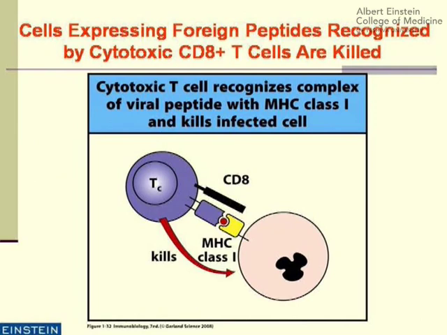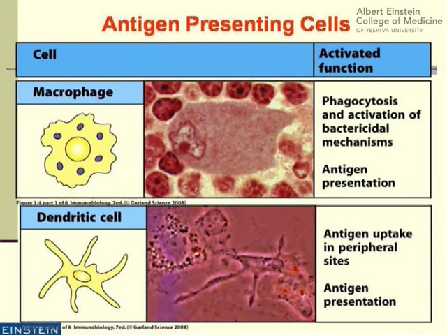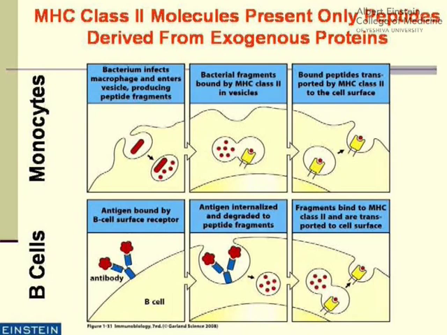And therefore, cells expressing foreign peptide in class 1 MHC, the CD8 cell sees it and kills the cell. But now for CD4, it's going to only be class 2 MHC by antigen-presenting cells, macrophages and dendritic cells, and they only present peptides derived from exogenous peptides. So either proteins from outside or peptides that are derived from a phagolysosome, because the class 2 MHC molecule comes into the phagolysosome, gets loaded by peptide, and now gets expressed on the surface. B cells also have the ability to present in the context of class 2 MHC molecule, but